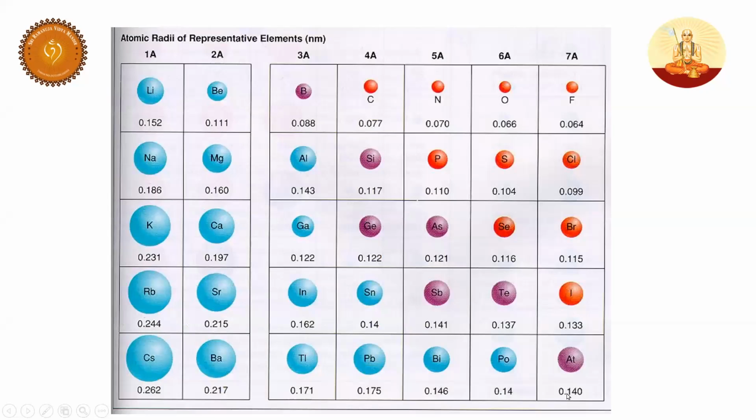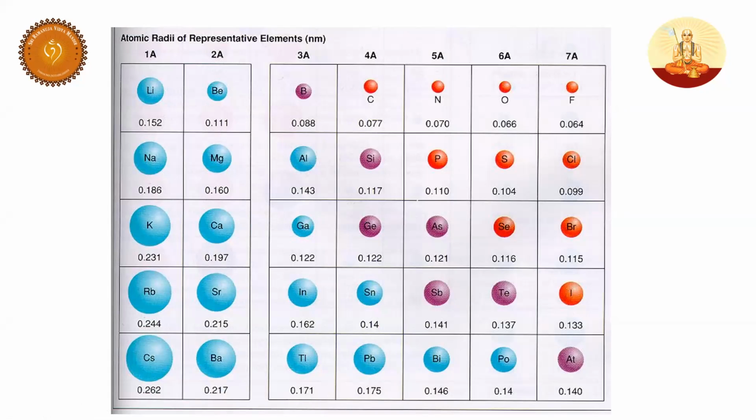So you can see here the radius of different elements have been given. In the complete periodic table, alkali metals have larger radius. That's why they form weak metallic bonding, and that's why they are very soft. I hope you understood. But boron is small in size, that's why it's pretty hard. Even carbon, diamond, you see, diamond is the hardest substance.